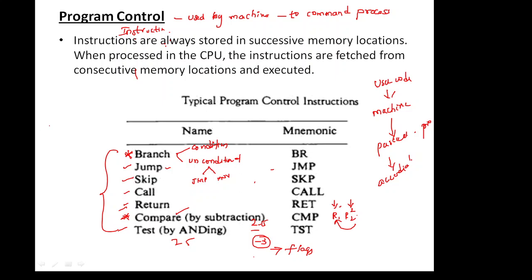If a sequence is happening like this, say there are 1 2 3 4 5 6 instructions, when the processor is executing the third instruction and I have set it to jump to 6, it will not execute instructions 4 and 5, it will directly jump to the 6th instruction. So these jump and move instructions will alter the sequence of a program and jump to a new location.